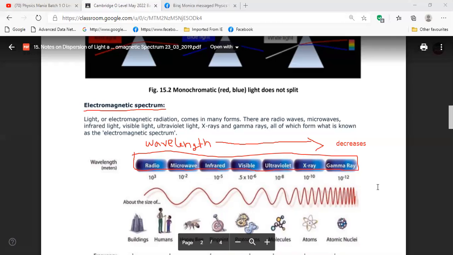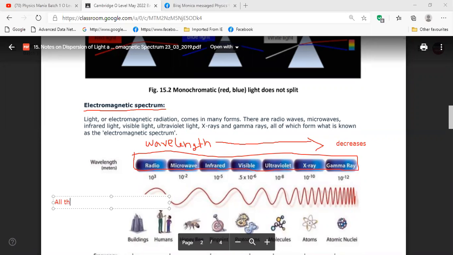You know what is speed of light? You wrote this heading, right? Yes, sir. Okay, now after drawing this and labeling this wavelength decreases, you write here